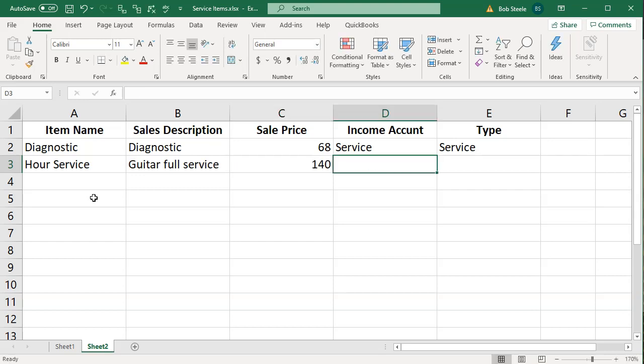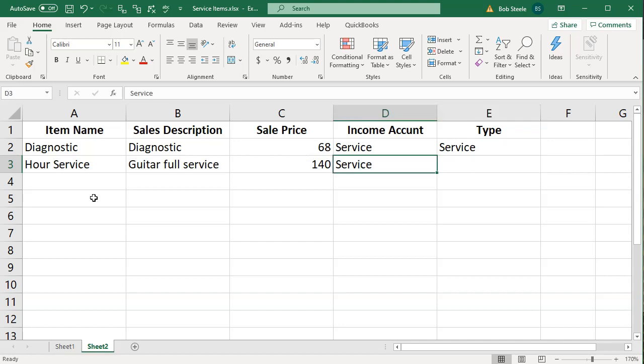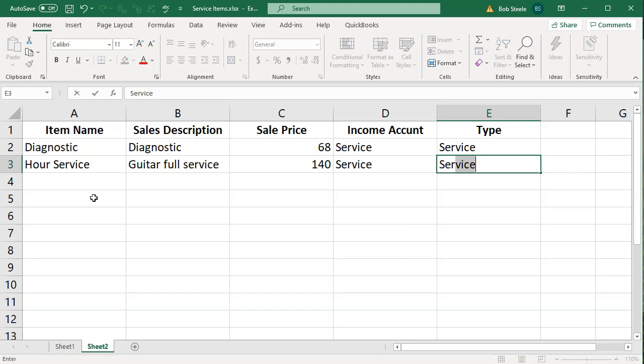So it's going to show up on the invoice. Someone's going to be able to say, oh, you had a guitar full service. Okay, we'll populate that. That comes out at $140. All right, and this is going to be a service account. So the income account that should populate when you enter this into the system will be income. In other words, when you enter the invoice, it's going to enter an income account called service. Now we might need to change that once we upload it, but we're going to keep that for now because this is what came out of our